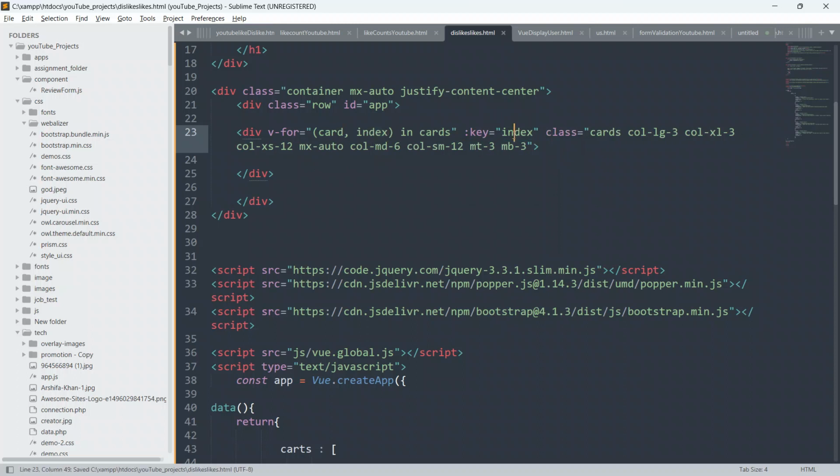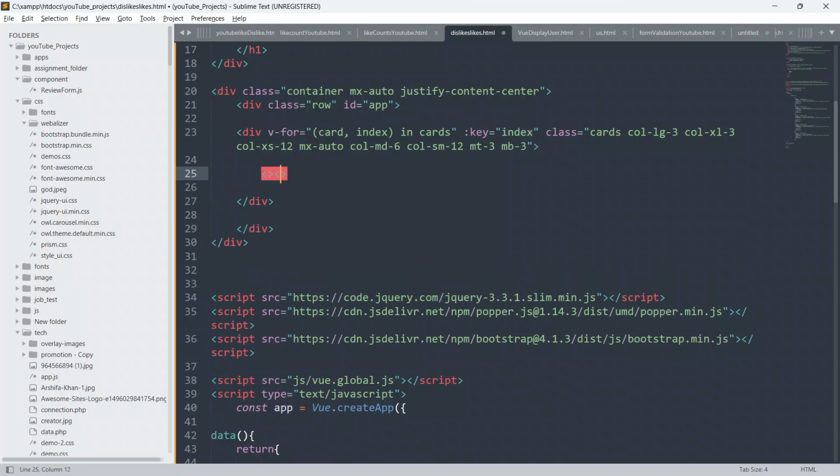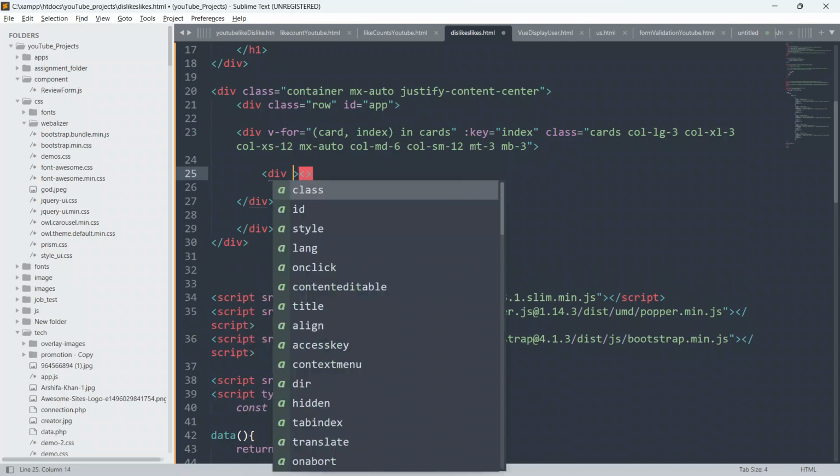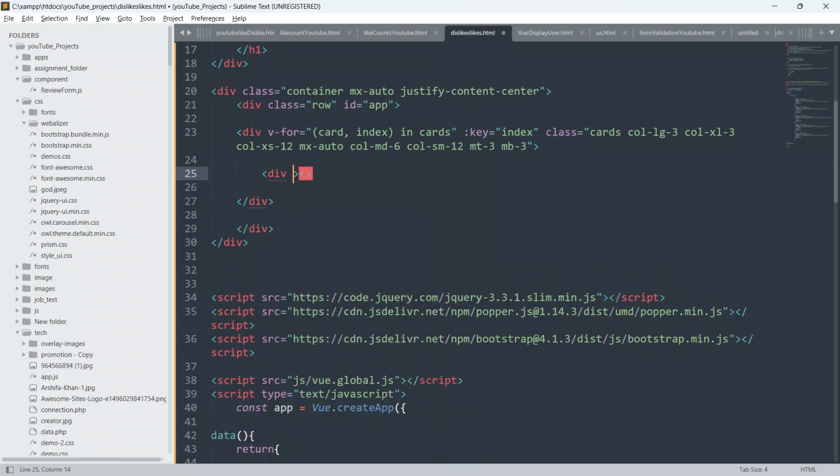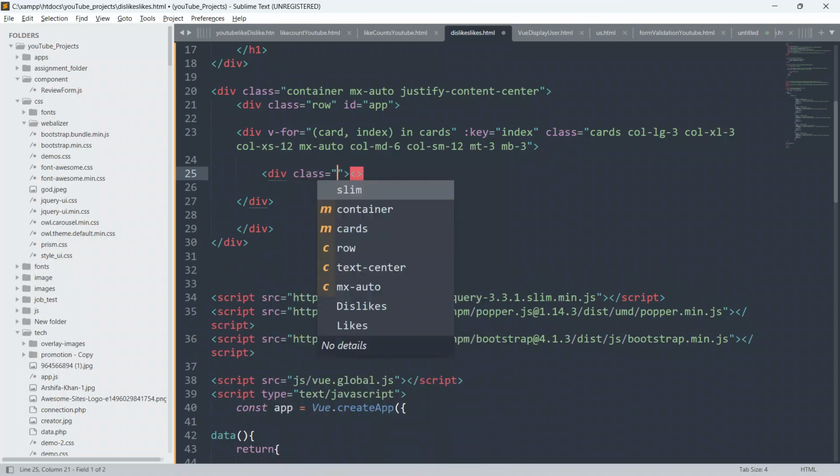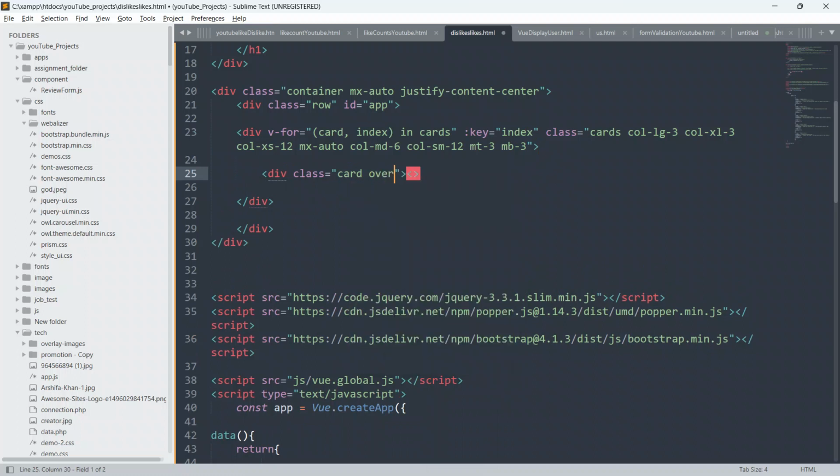This index, just paste it here. Now I am going to create another div below this div. Give the class card, and give overflow as hidden.